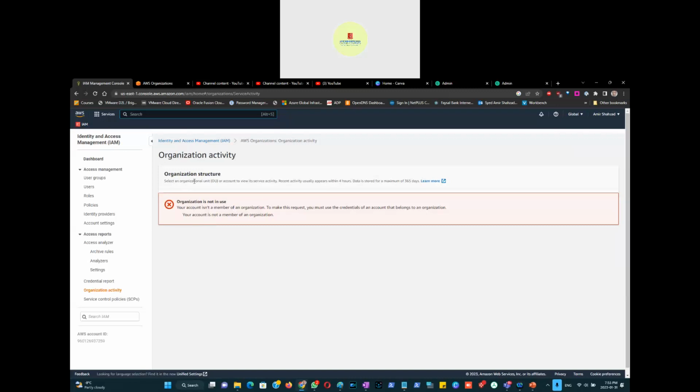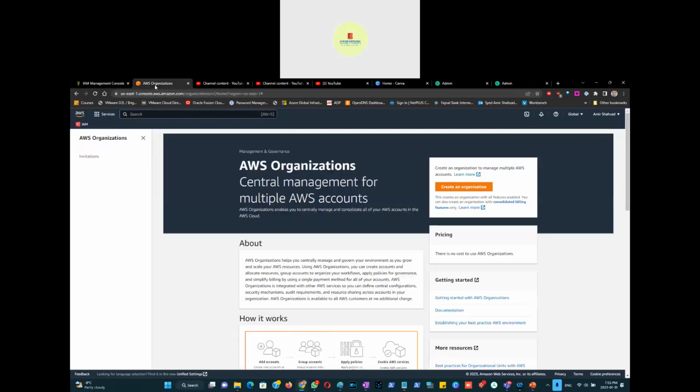But if you have multiple AWS accounts, obviously each account having its own credit card, though I think the same credit card can be used for multiple accounts as well. So anyway, if you have multiple AWS accounts, then you need Organizations. If you have just one AWS account, then you don't need that. So this error doesn't matter. We can ignore that, right? But since they mentioned it here, why don't we just visit that and understand what it is and